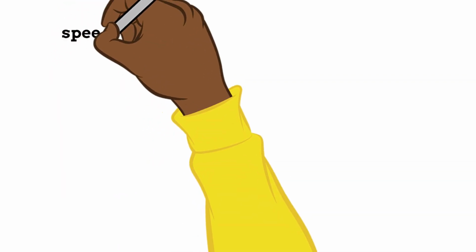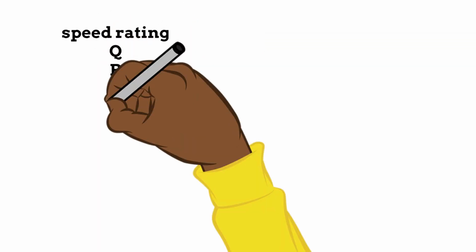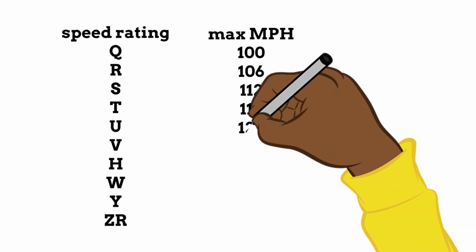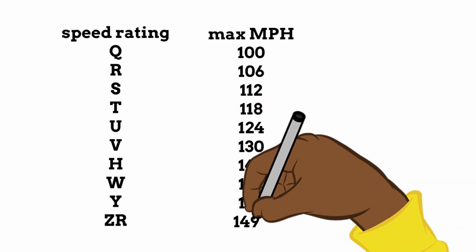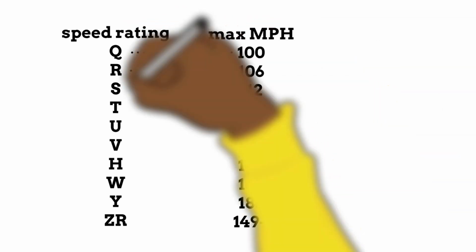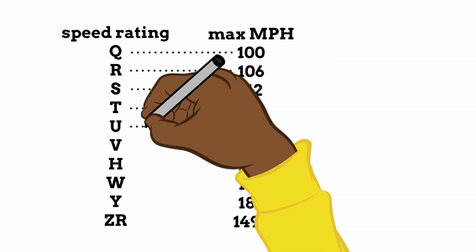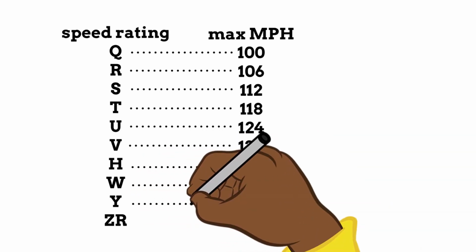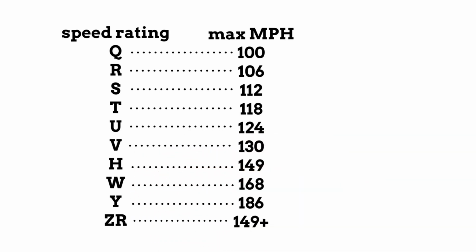And you can see the chart here for the speed rating. And I would buy a higher rating than what you think you're ever going to drive. It's certainly not going to hurt you. It may cost a little bit more, but you may think I'm never going to drive 130 miles an hour, so I don't need a V-rated tire, but it's probably going to hold up better than getting an R-rated tire,